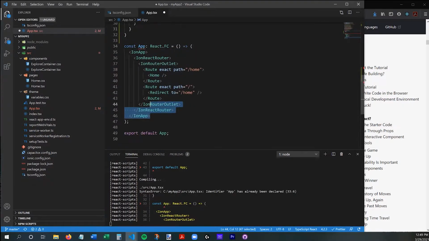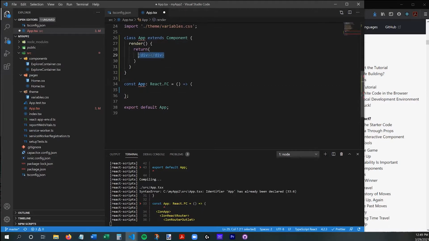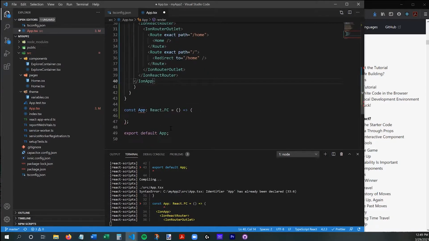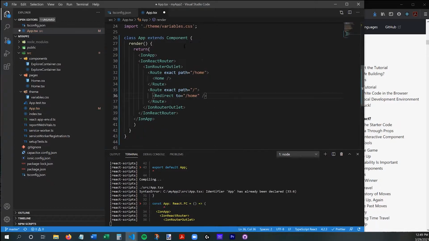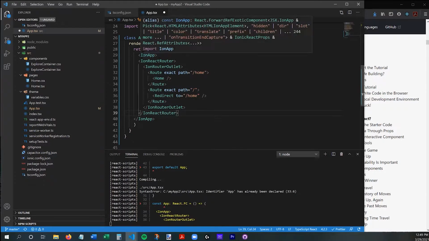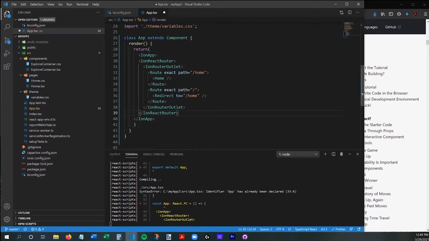I can then take, instead of these two divs, I'll just take all of this and replace it. All right. And then I can get rid of this. And now it's doing exactly the same thing, but it's doing it in a syntax that is more widely used in the React community right now. And basically what this is saying is that when I load the app, I want to load